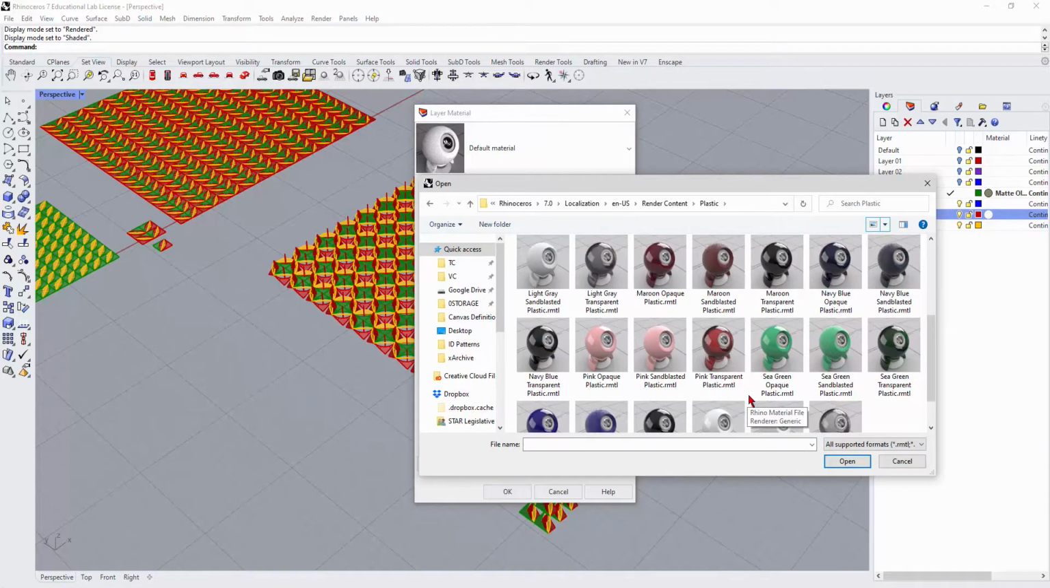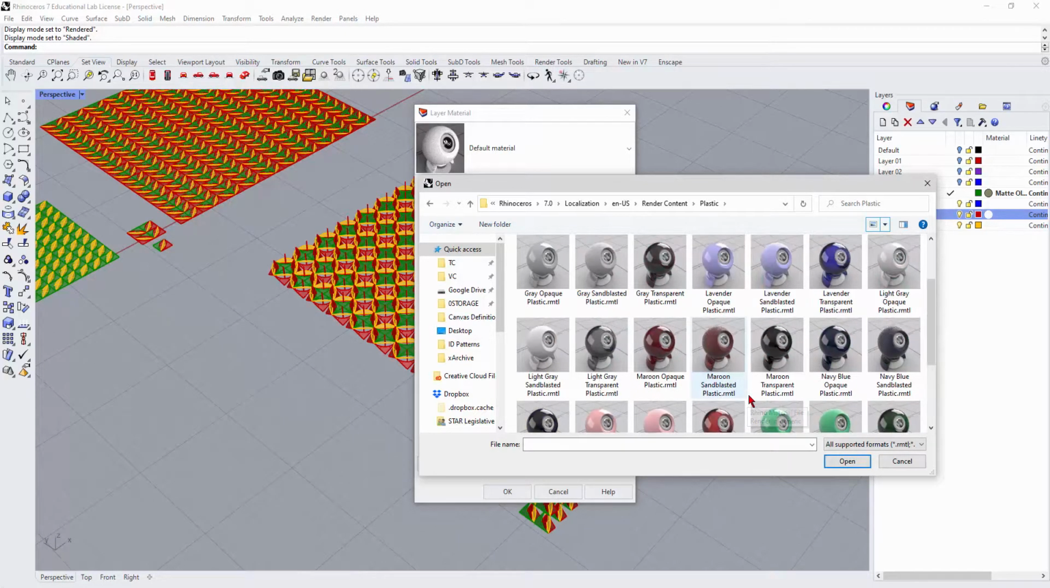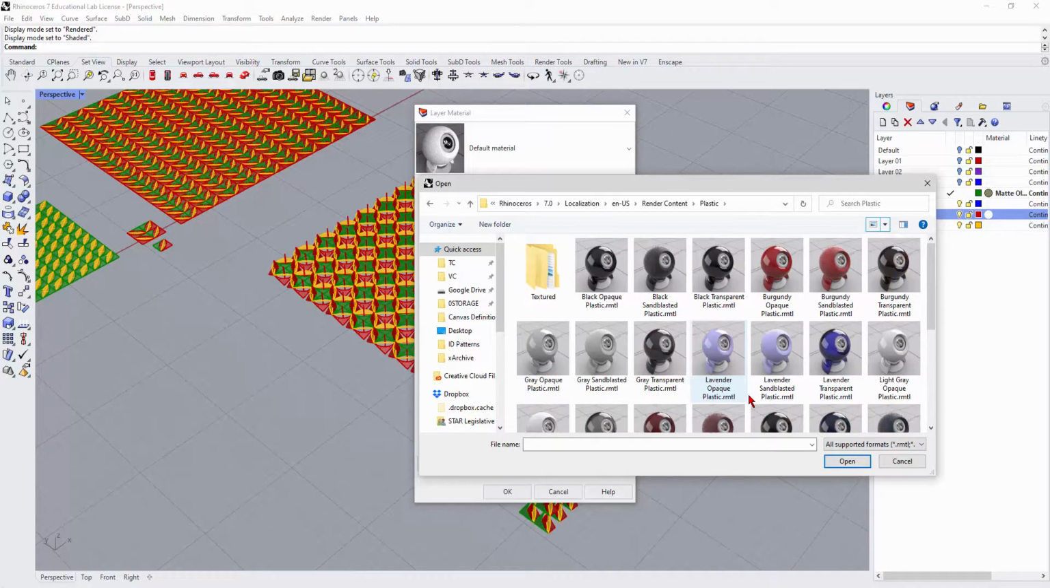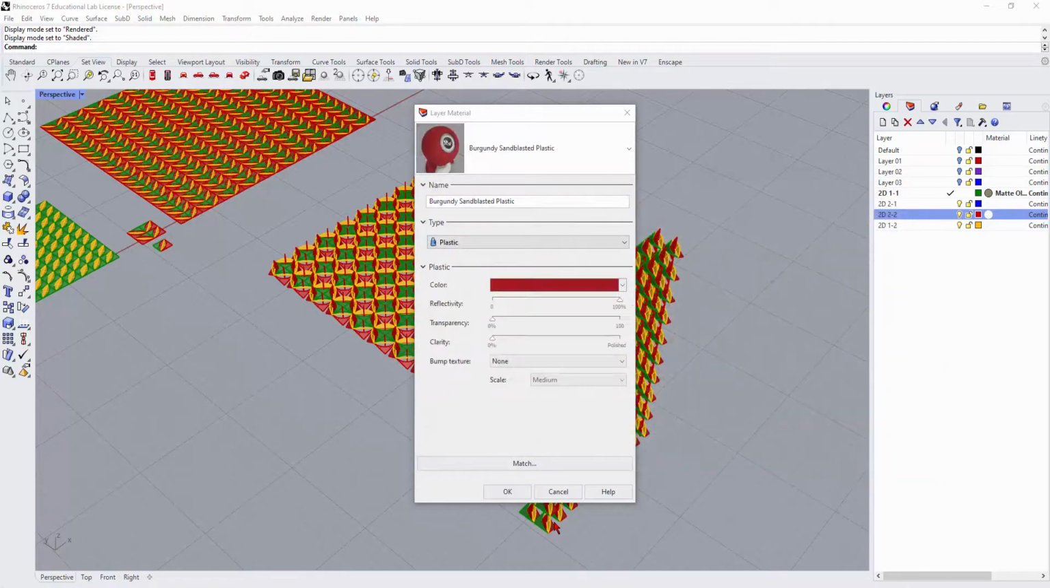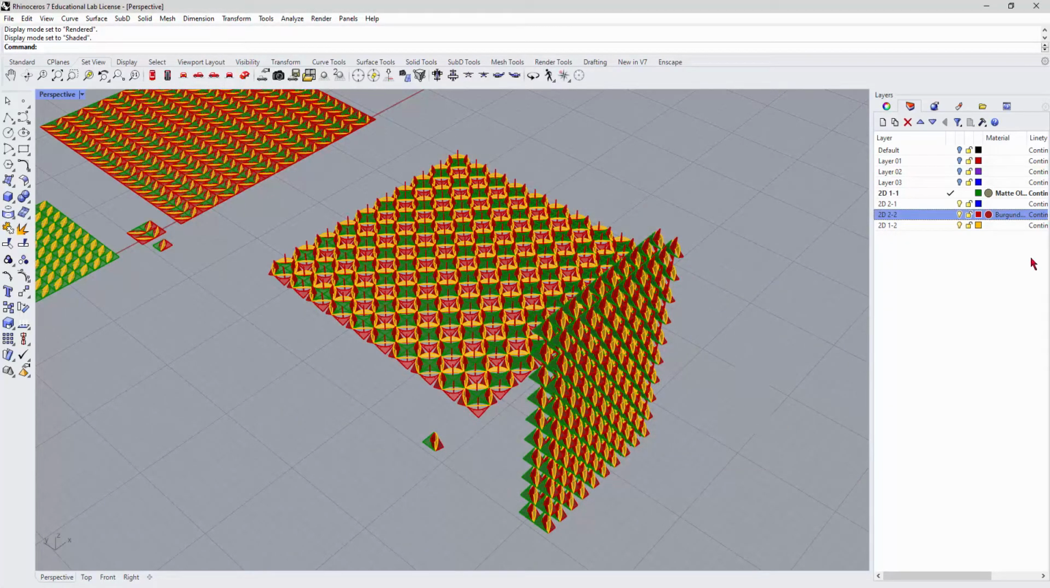What are these colors? You can adjust them, but I feel like it's very limited. That is not lavender. Let's just do burgundy sandblasted. Okay, click OK. And then for the yellow,